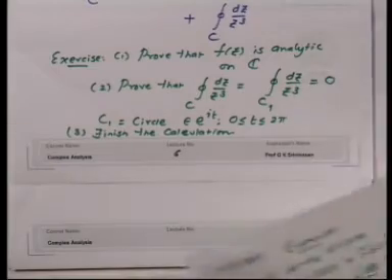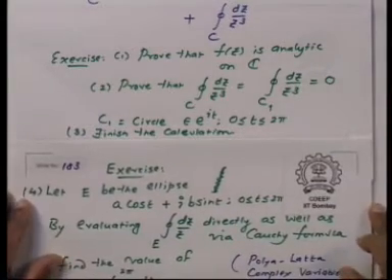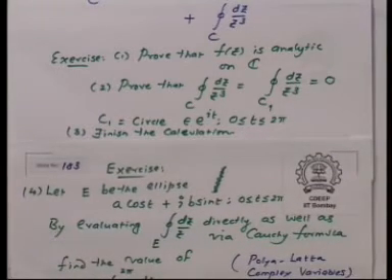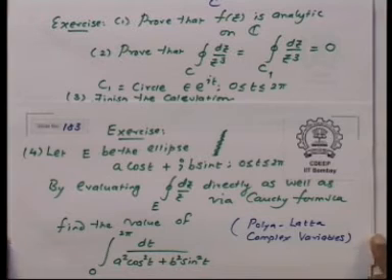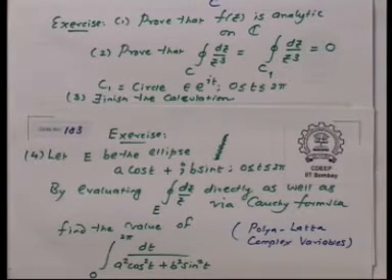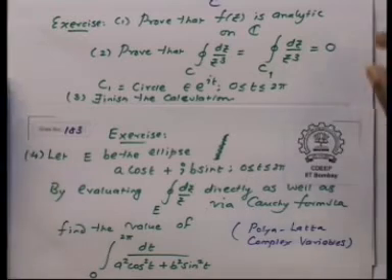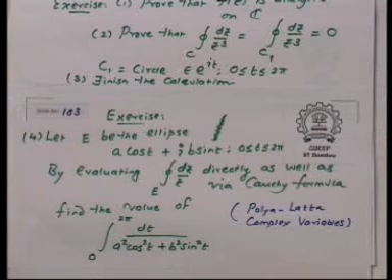And the next exercise is, let E be the ellipse a cos t plus b sin t, t running from 0 to 2 pi. By evaluating dz upon z directly as well as using the Cauchy formula, by evaluating this integral dz upon z